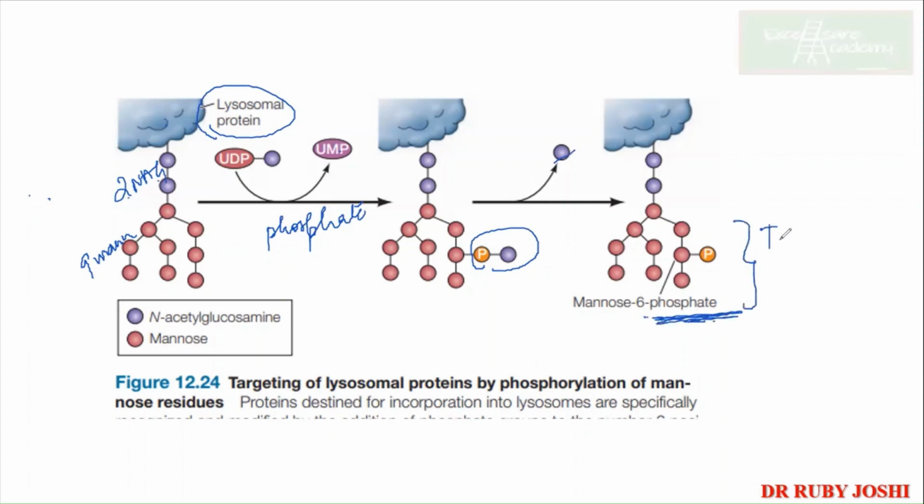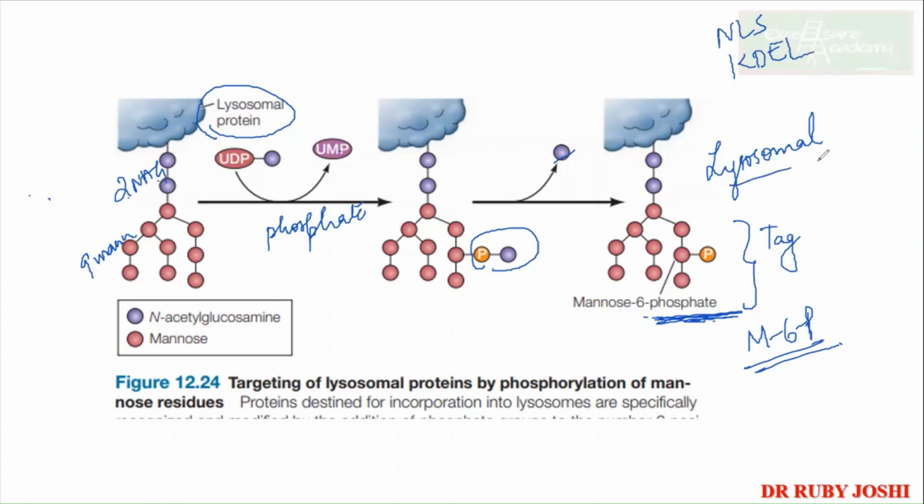Now this becomes the tag. It is known as the lysosomal tag. So all the proteins which are present in the lysosome are going to have this mannose 6 phosphate का tag. Now this is like a signal. जैसे अभी हमने न्यूक्लियस में पढ़ा था NLS बोलते हैं, KDEL हमने पढ़ा था ER के लिए, वैसे ही लाइसोसोम के लिए हो गया आपका mannose 6 phosphate. So wherever this mannose 6 phosphate protein is present, the receptor or the other transporter proteins will recognize this tag and recruit this protein towards the lysosomes. Clear? Is it clear, guys?